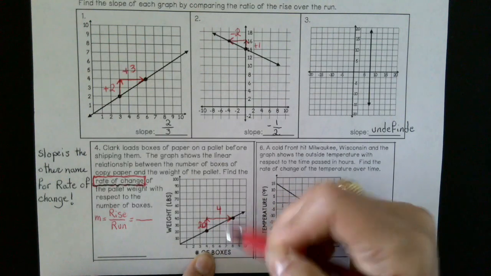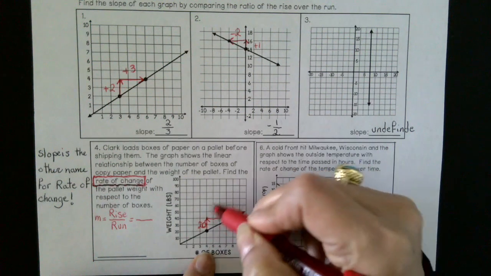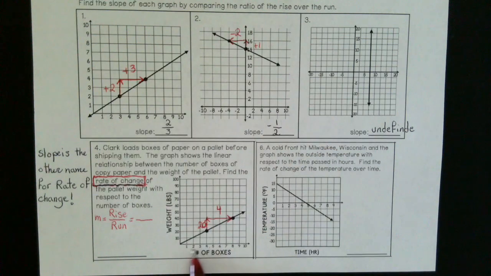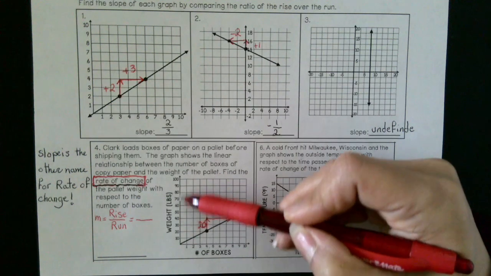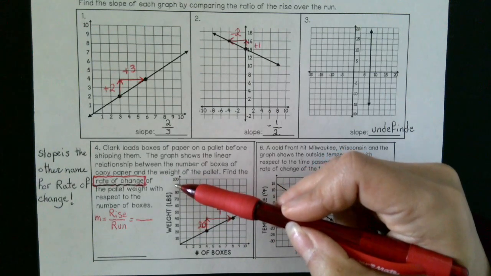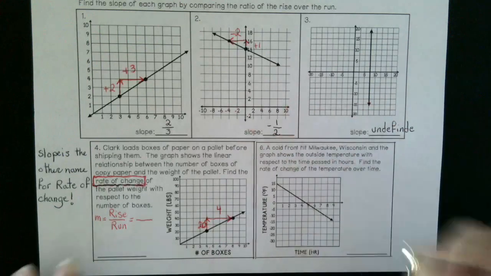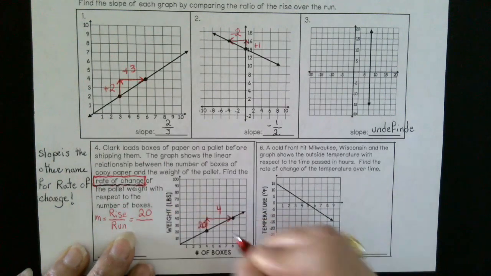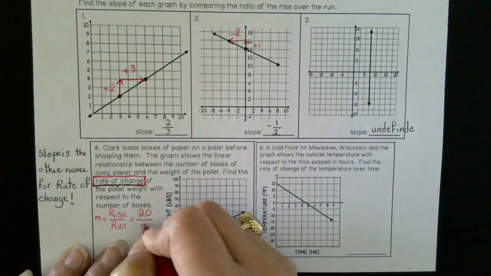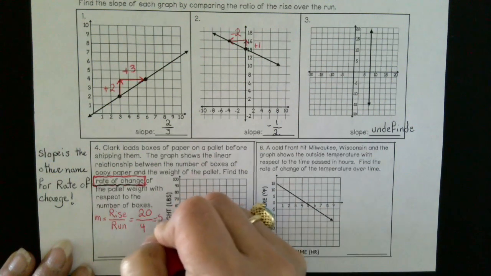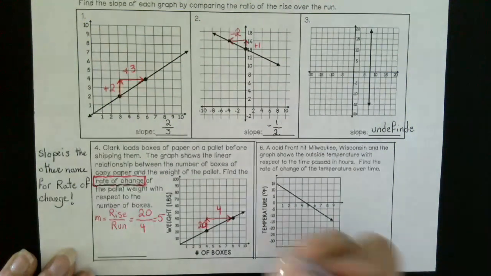Do you see that? So this is a great example to show you that not all the time when you see the units here, it can sometimes be different units here. Okay? So pay attention to that. I kind of forgot and I didn't look at it. So in that case, what is my rise here? 20. What is my run? 4. So 20 divided by 4, because we still have to reduce, right? It would be 5. So the answer is 5